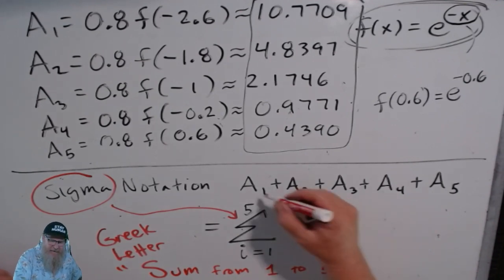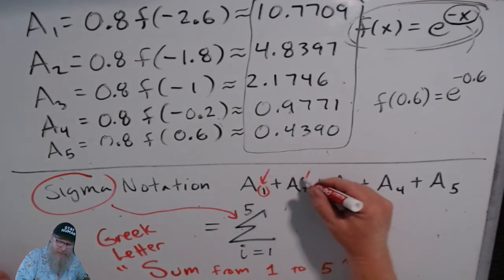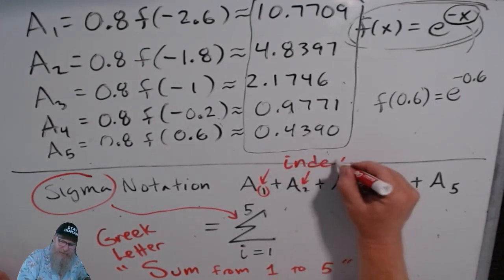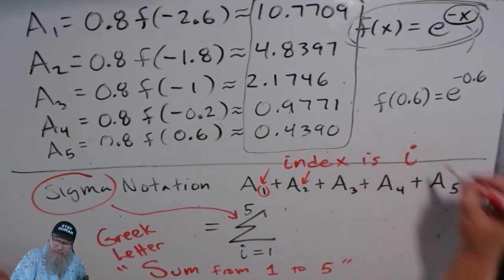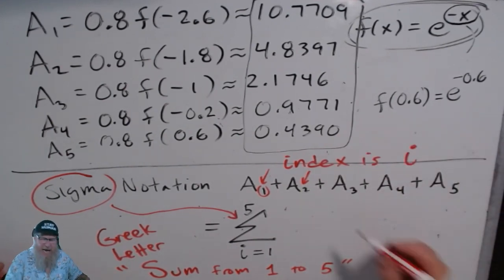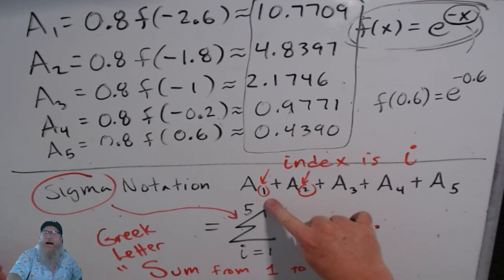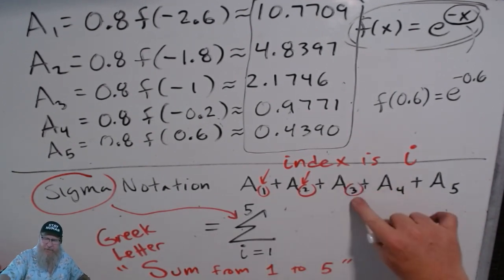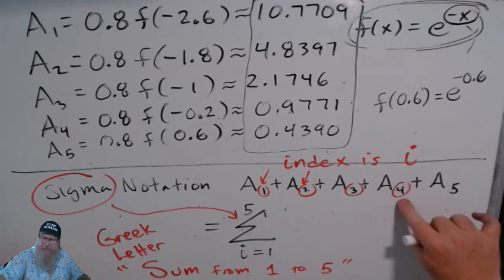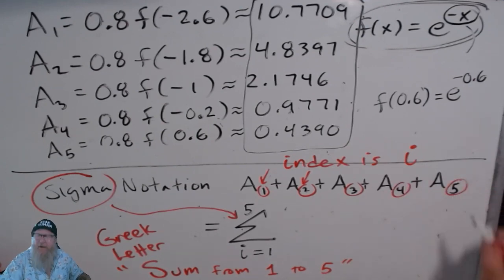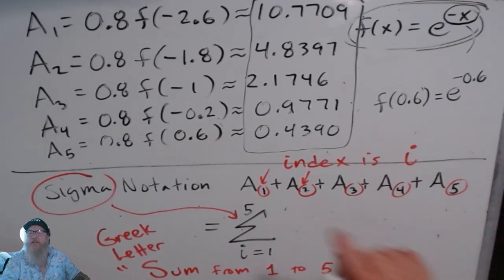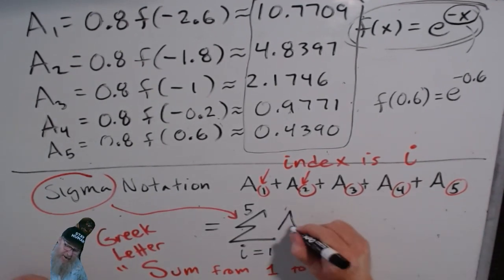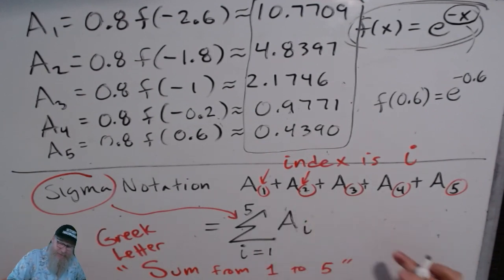I is called the index. So we use the letter I. So this is I equals 1. This is I equals 2. This is I equals 3. This is I equals 4. And this is I equals 5. So we're adding up 5 areas. So we say A I,